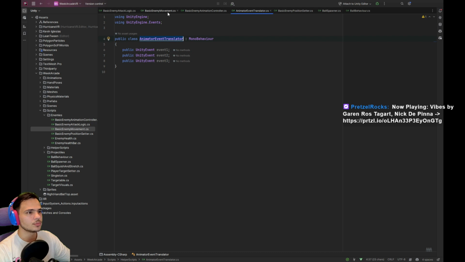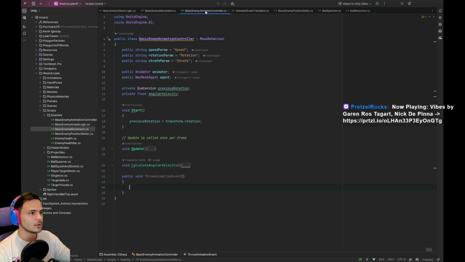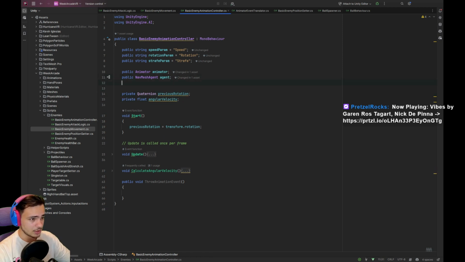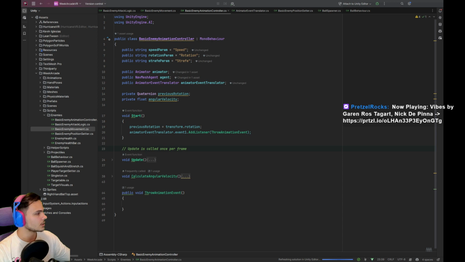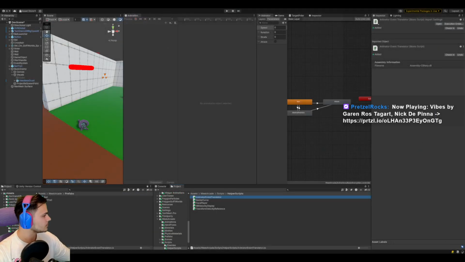So we can jump into basic enemy, and in here, let's set it as a public animator event translator. I don't want it capitalized. But pretty much here, we're gonna set up the throw animation event. Yes. Okay. And now if we go back to Unity,